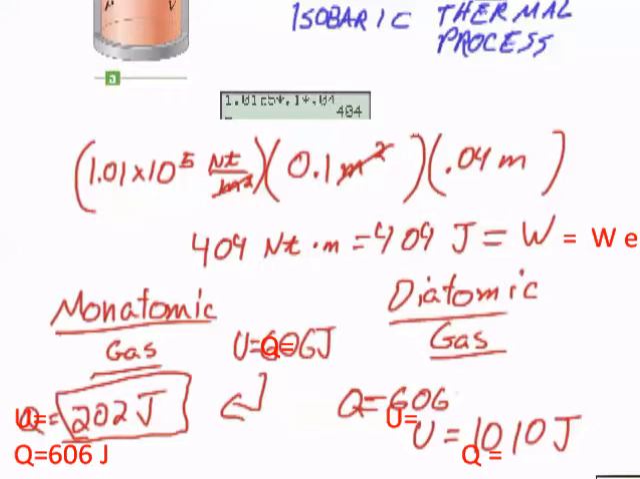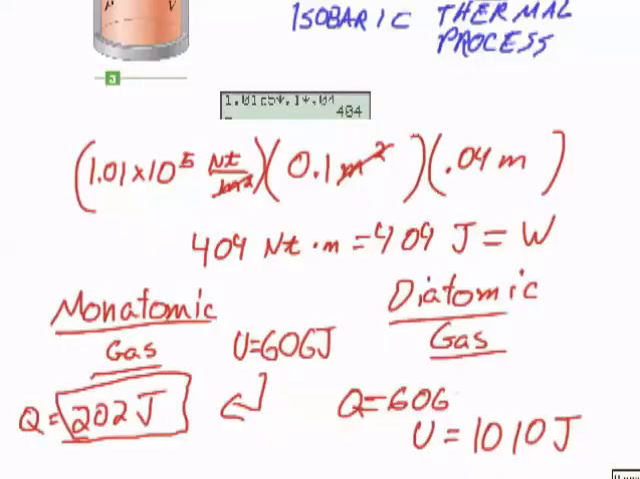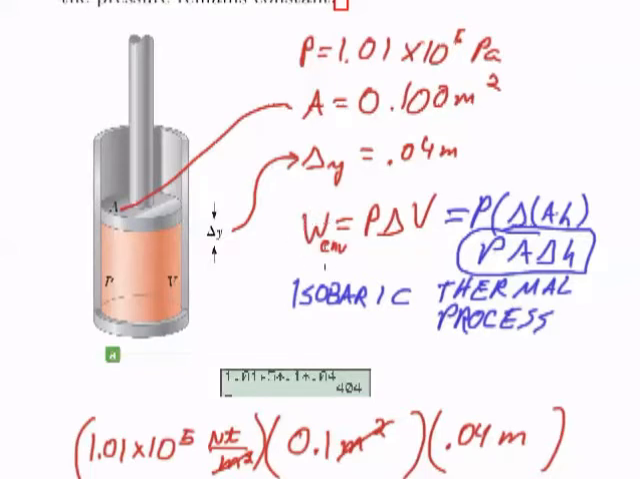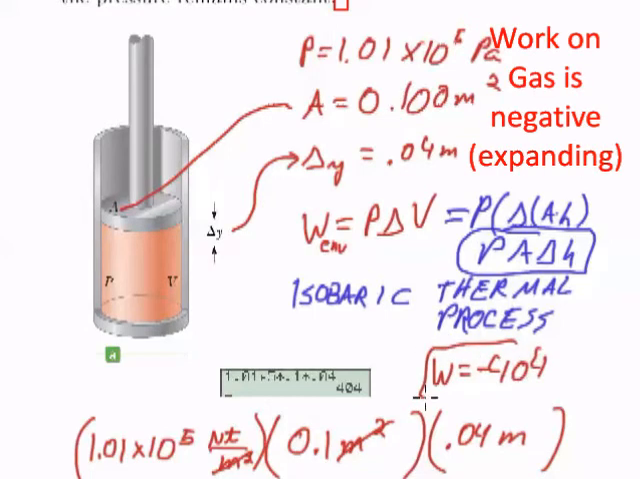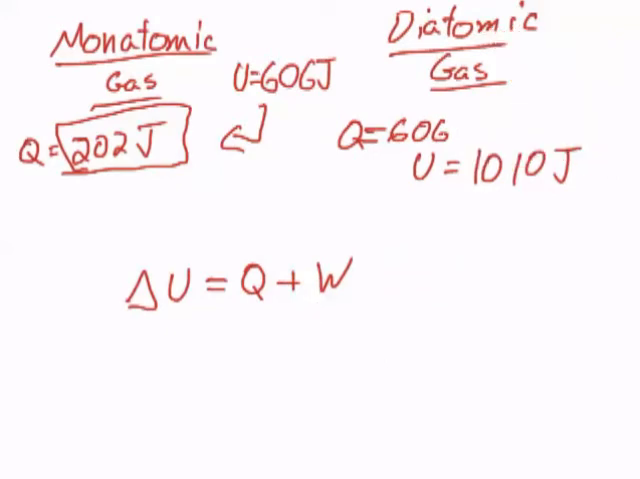Now, that being said, I don't really want you to trust this calculation. I may not know what I'm doing. There may be a negative sign involved in here that I'm neglecting. Especially since this is the work done on the environment. The work done on the gas is going to be negative 404. So actually, if this delta U equals Q plus W is going to hold, and this is negative 404 joules of work